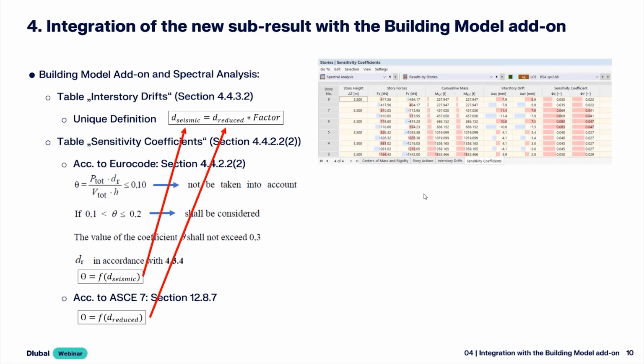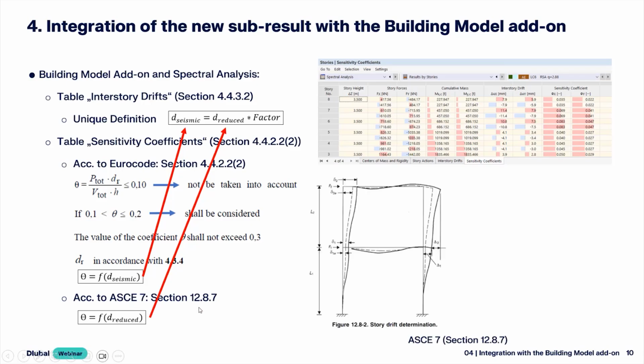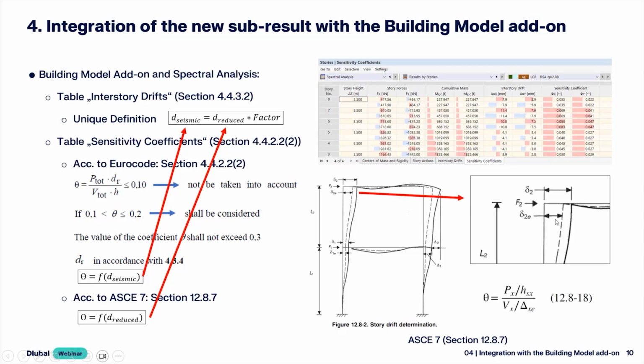related to our new sub-result and our seismic displacement concept. For Eurocode, we should use one particular sub-result, and for ASCE, we should use another sub-result. Just as an extended review, this is an image from this standard, and take a look at this corner. Zoom in,